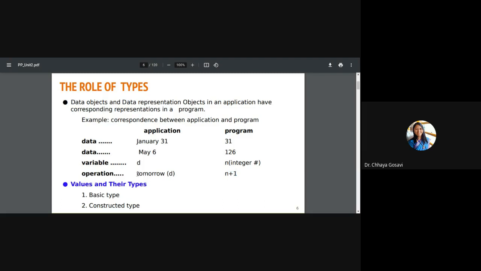So tomorrow is a function and the value should be incremented by 1. If we see yesterday, that should be n minus 1. For every application, you have some computations in your program, and these computations are based on data. And how do you represent data in your program? For example, here n is nothing but a variable, n plus 1 is nothing but an operation, and this is actual data.